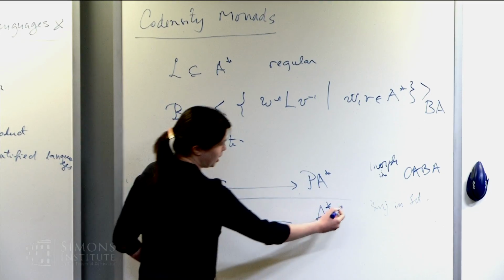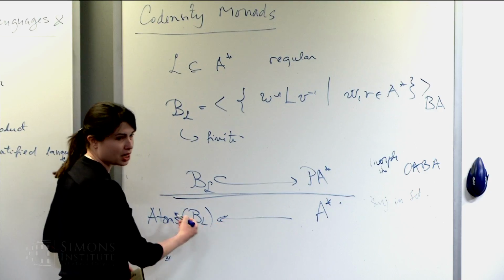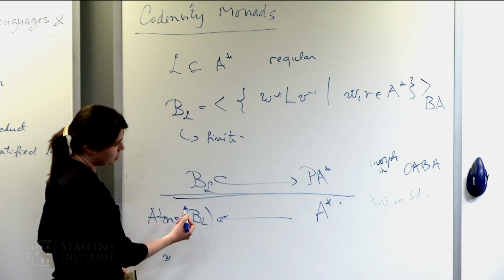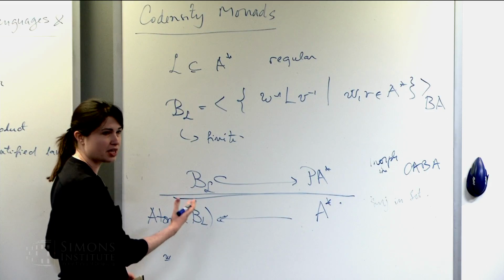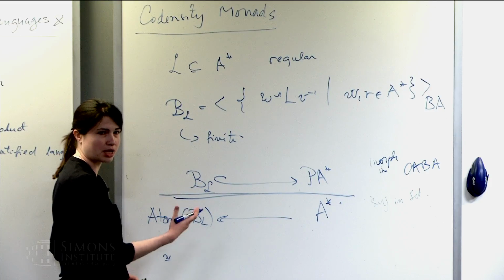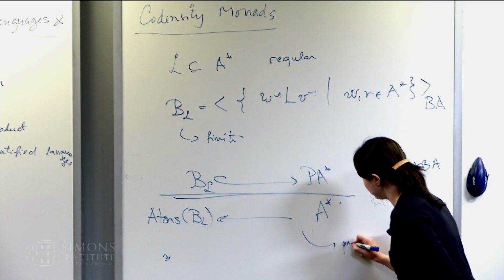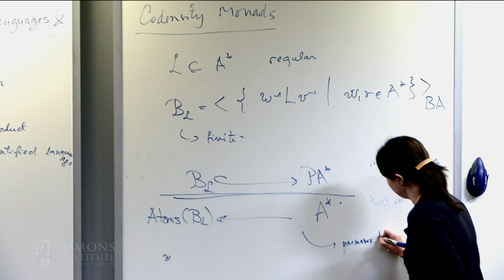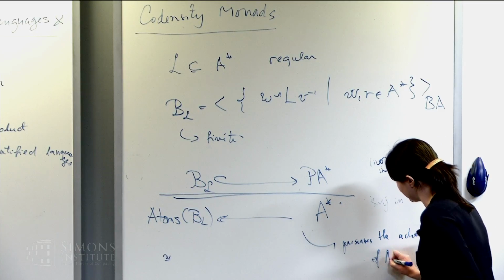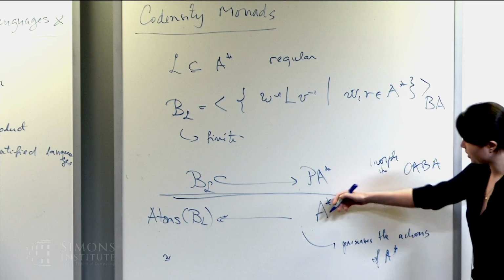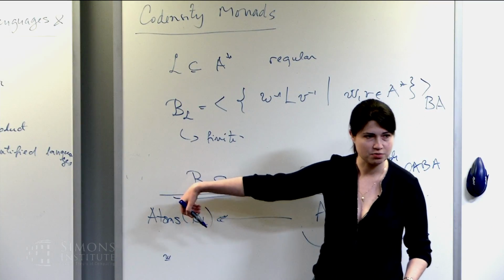So by duality, it turns out that this map, this surjection that I obtain in set, is also a morphism of actions of A star, of two-sided compatible actions of A star. So this also preserves the actions of A star respectively on A star, which is a monoid, and on the set of atoms.